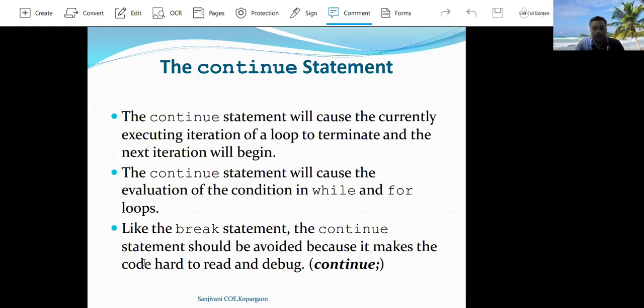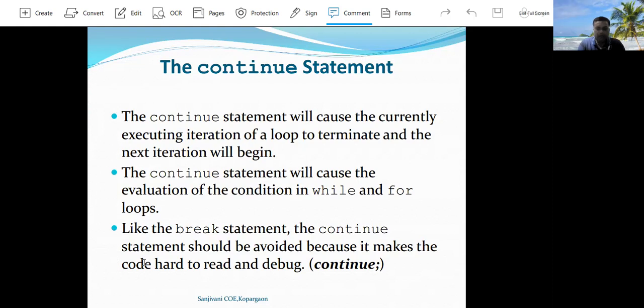The next one is continue statement. The continue statement is one of the statements supported by the Java programming language. Here break statement is used for abnormal termination of loop statement, whereas the continue statement is used opposite of break statement to continue the execution of the loop statement if a specific condition is satisfied.